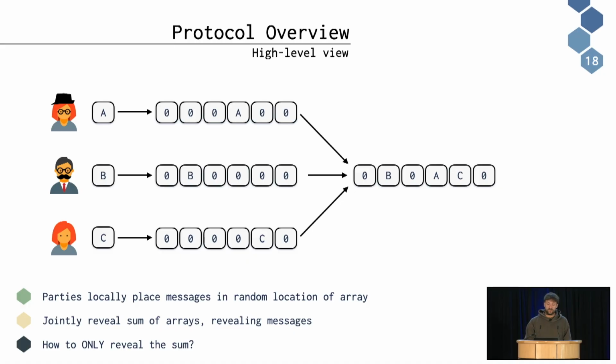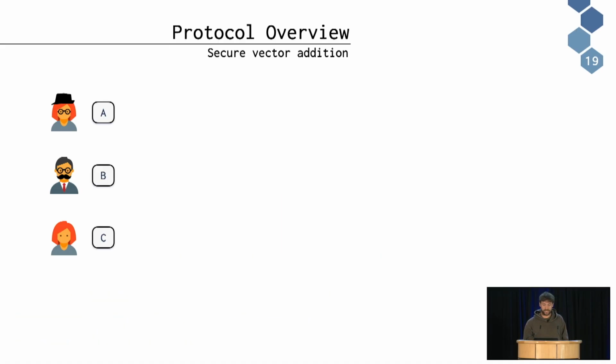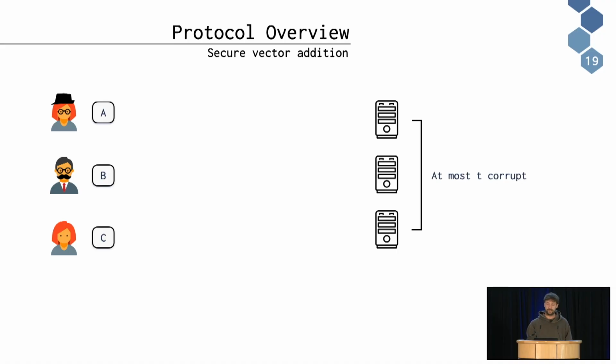And now the main challenge in designing such a protocol is, well, how do I make sure that I have a protocol that only reveals the sum of these arrays without revealing any other side information? And on a high level, what we do is we use a technique from secure computation, which is called secure addition. And if you do it component-wise, then it's like secure vector addition. So the idea here is we have some servers. So we have some clients and some servers. And we assume that the clients run in TEs. And at least, for example, one of the servers is honest, where this is a configurable parameter, how many servers need to be honest.